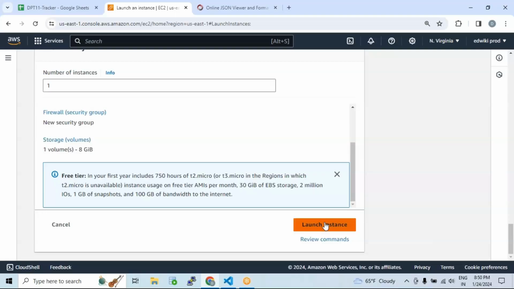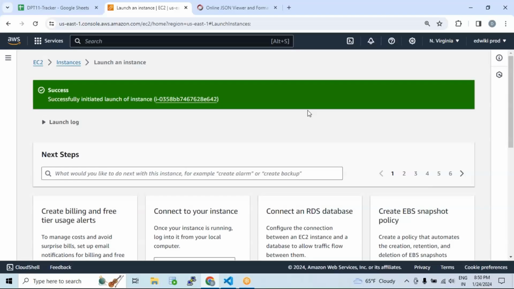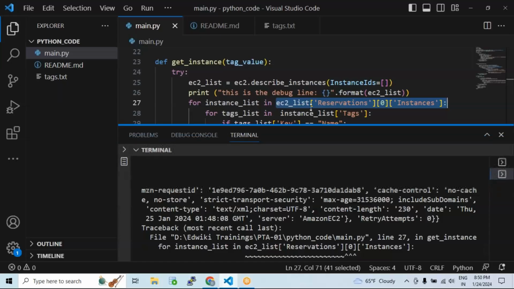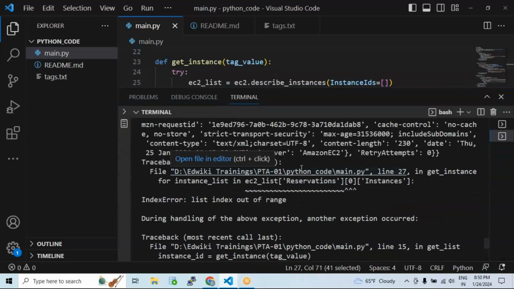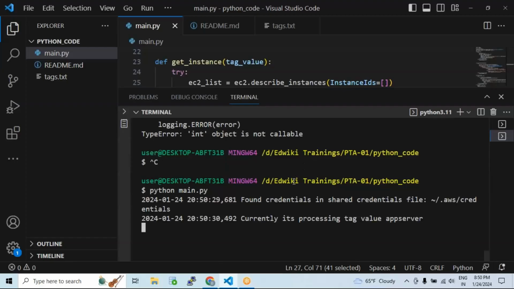So why I'm showing this, that means when you're developing the code, you need to check all the different possibilities when the code may fail, when the code may get success, and how to process the data, all these different use cases, right? So now I got one server, which is the app server label. Now let me go and run the same program again. So let me try to run the program one more time,